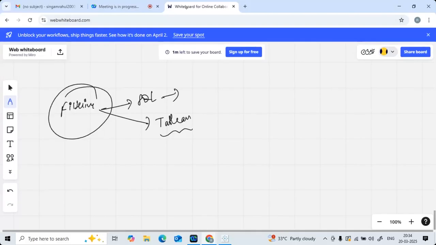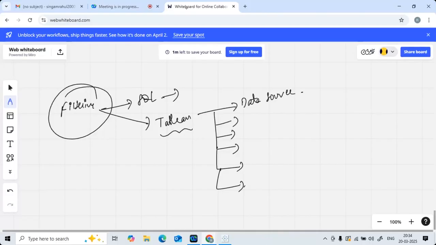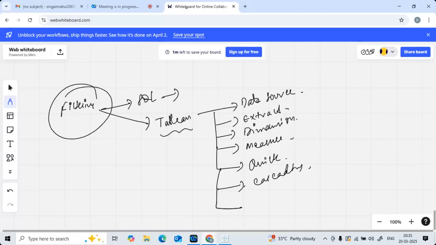you have different types of filters available again. You have something called data source filter, extract filter, dimension filter, measure filter, quick filter, cascading filter, and even a type called context filter.